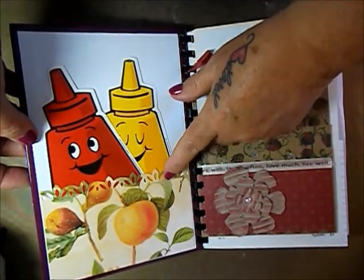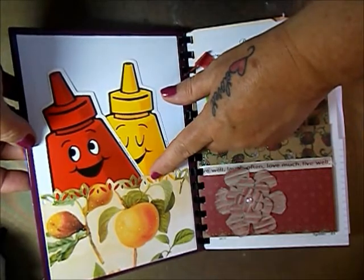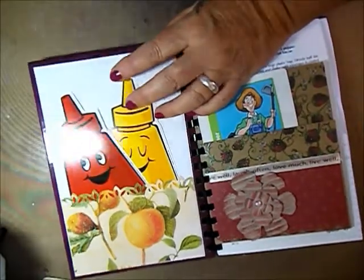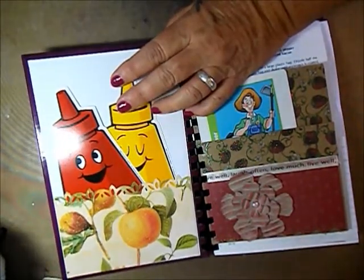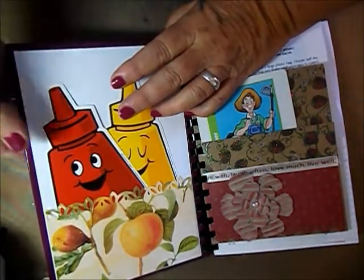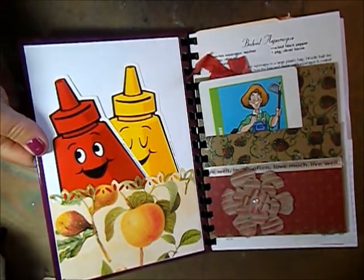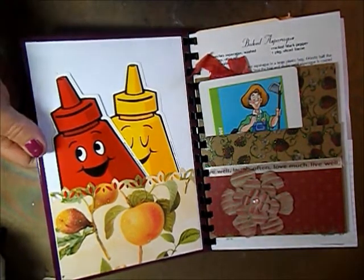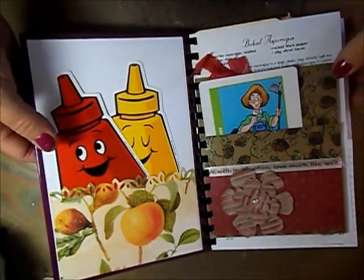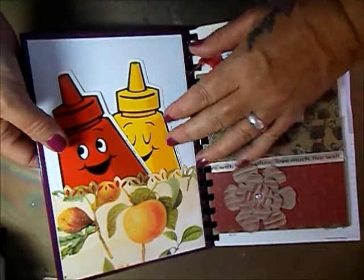I put a pocket, and I used a Martha Stewart punch. Let me show you here. It's this one. And the paper line that I used is called the DCWV Botanical Stack. Didn't use a whole lot of it, but it was the only actually food-related one that I had enough papers